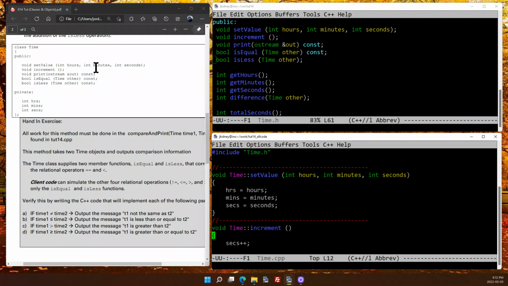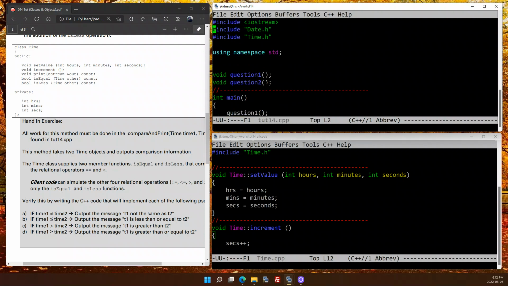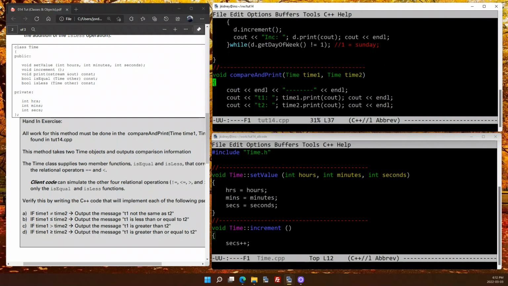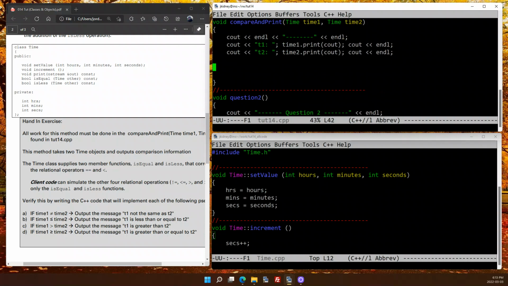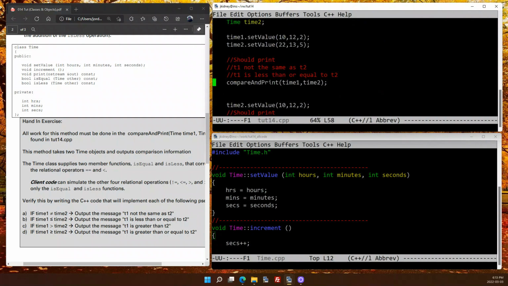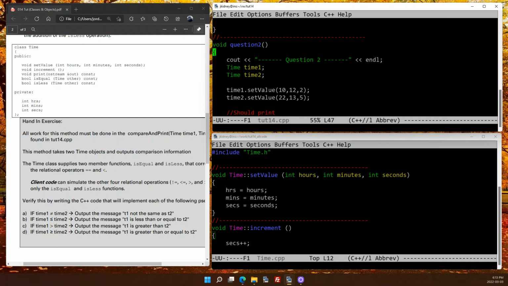Okay, so what we have to do for this one is a little challenge. So we're going to open up tutorial 14.cpp. And this is more a challenge, is just get used to calling methods from an actual object and working with two different objects from the same data type. And so we want to go to question 2